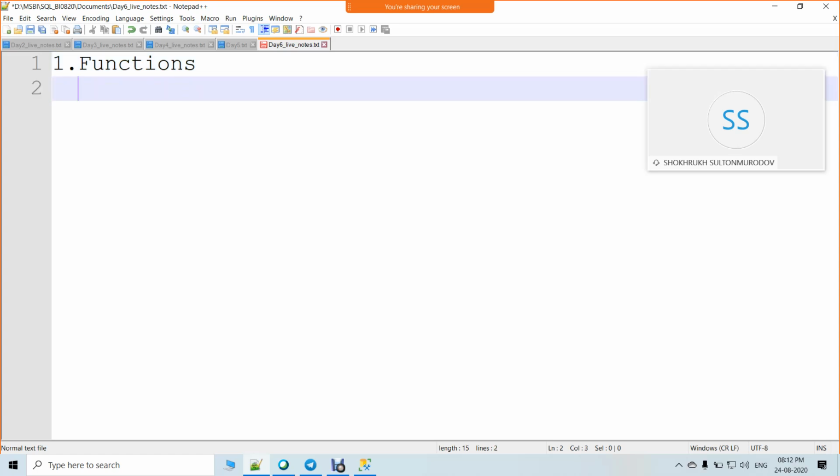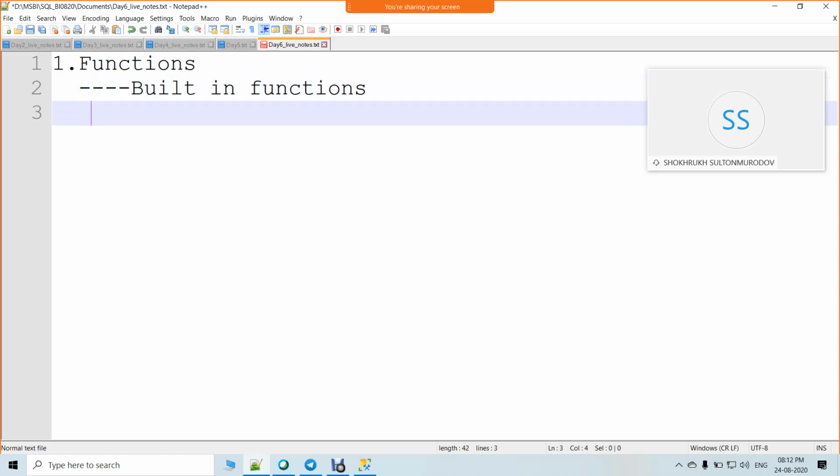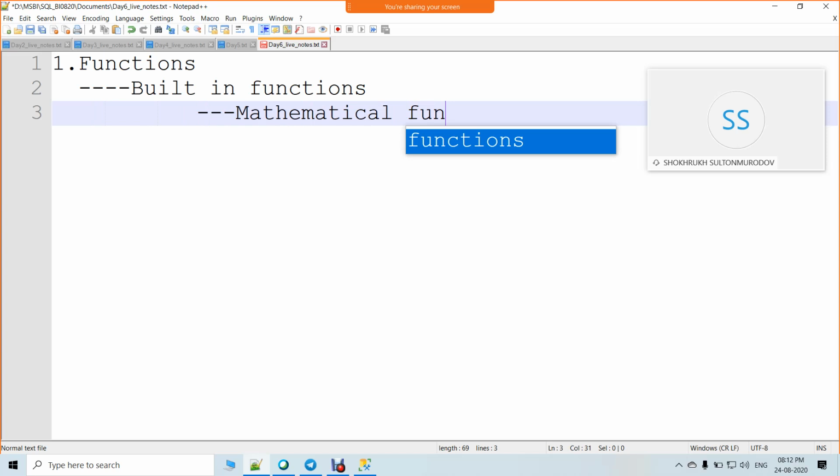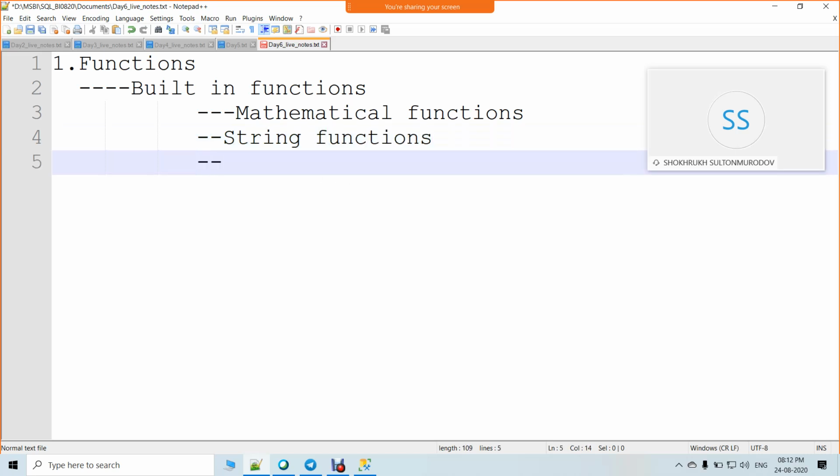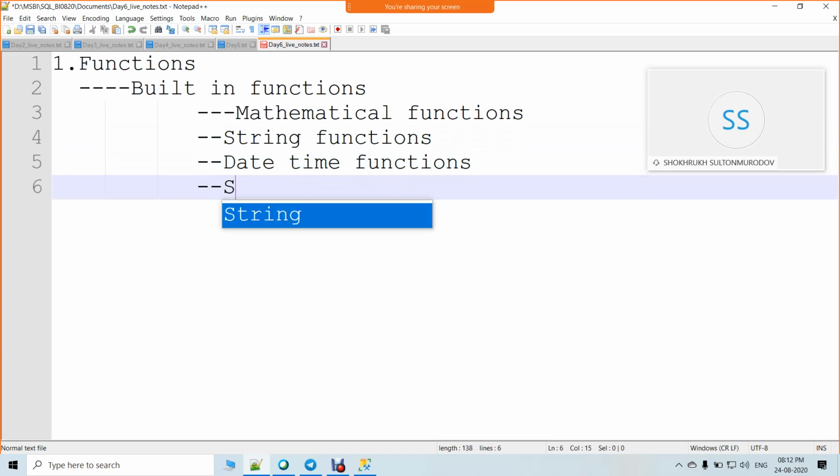Again, the functions are classified into built-in functions. Again, built-in functions are classified into mathematical functions, string functions, datetime functions, and system functions.